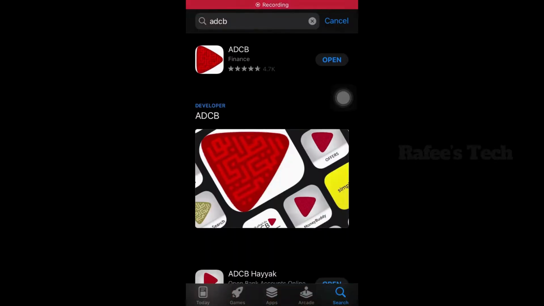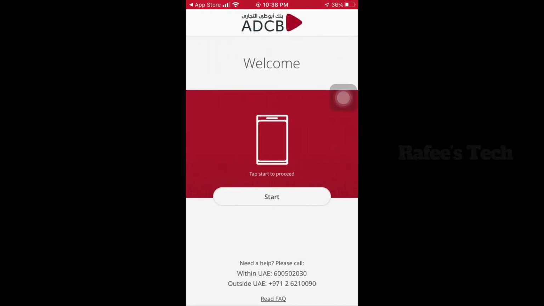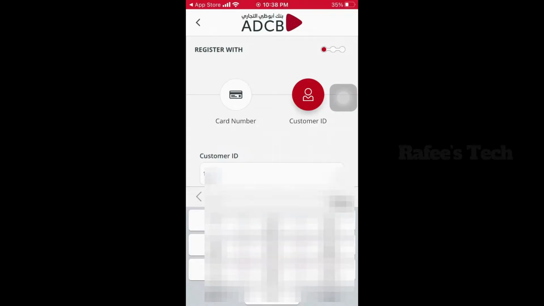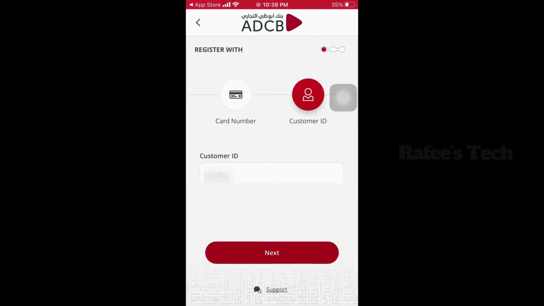After that, just open this ADCB application. Now you can see it's opened and welcome screen. Just click start, and here you can see register with two options: card number or customer ID. Just select customer ID because you still have not received the card. For customer ID, you just go to your SMS list. There you can find your customer ID. Just enter that customer ID here. Click on next